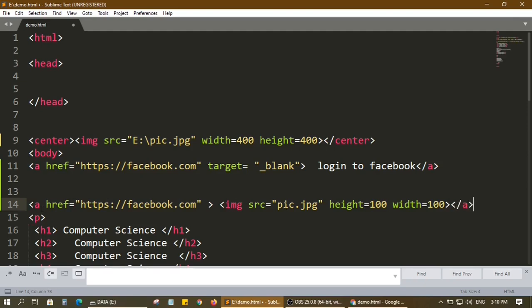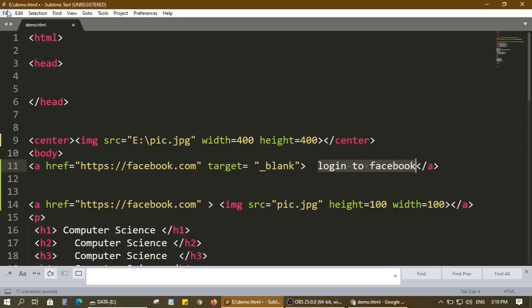So we have written the anchor tag. That means we'll write a hyperlink, and it should take us to the Facebook page. Unlike the previous case where we were writing some text, I have inserted an image and then I've closed the anchor tag. So let us see how the output would appear.